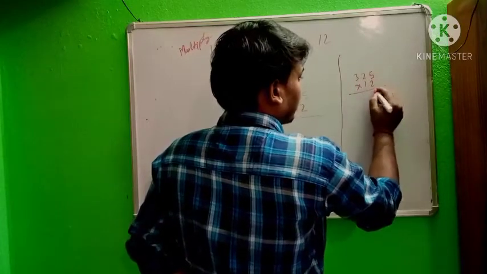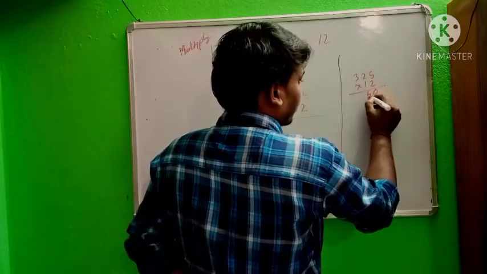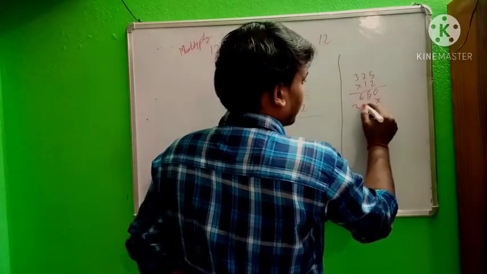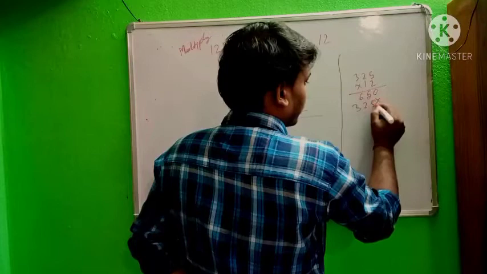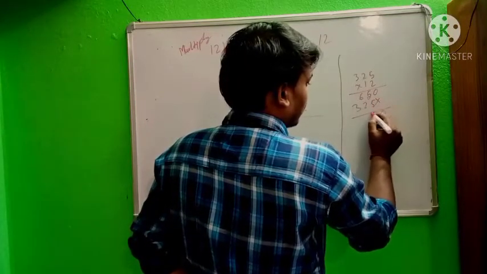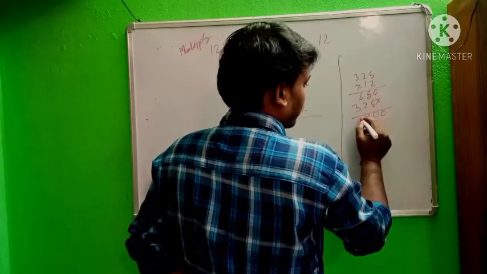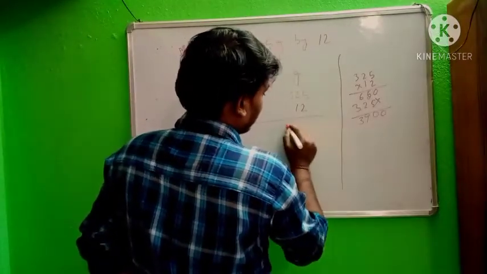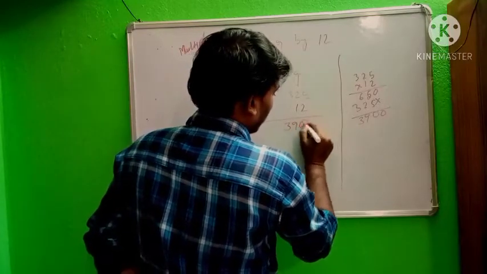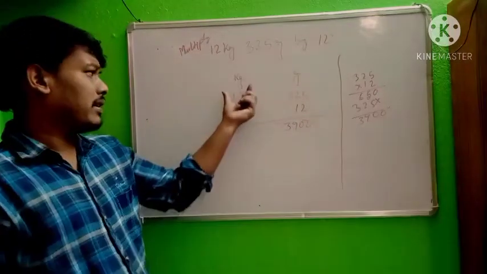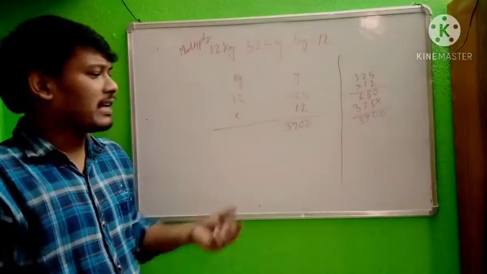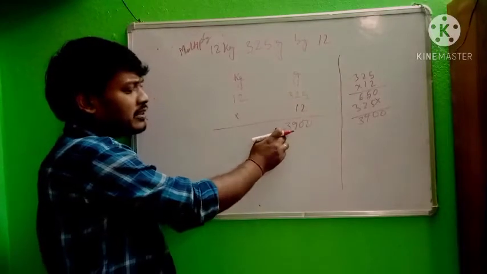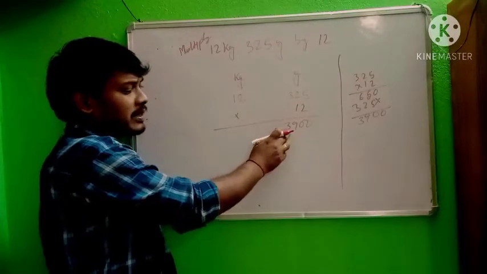So what is the value? 5 times 2 is 10, 2 times 2 is 4 and 1 is 5, 3 times 2 is 6, so the value is 3900. Or you can directly add these three with the answer of kg. Okay, as you wish. Or first you write the value, after that in the second line you put these three, or you add these three with kg.